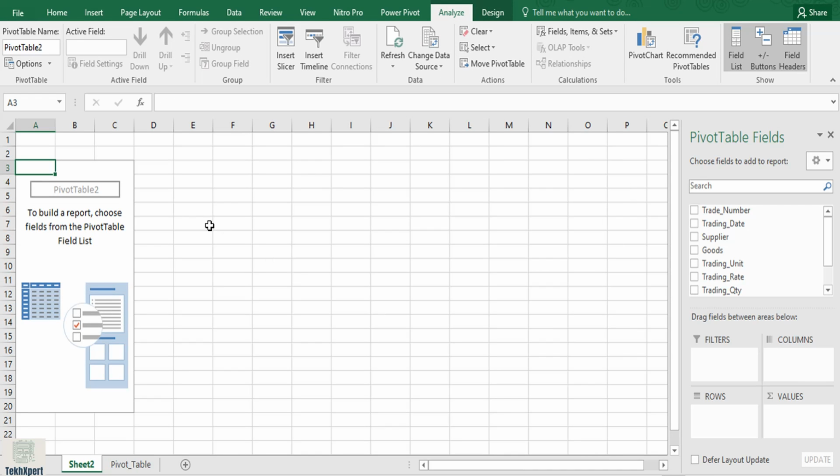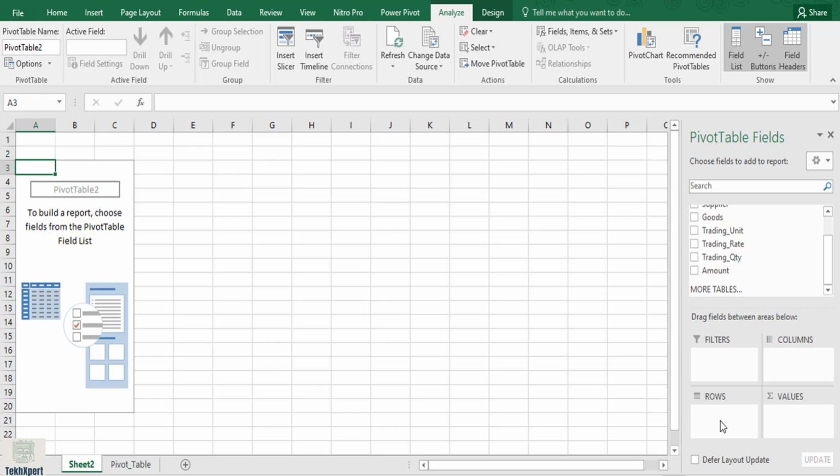So you can see that here we have pivot table 2. To build a report, choose fields from the pivot table field list, and here we have fields. All the data labels which were selected earlier are appearing here, while there are 4 different sections. Filters. Filter is the section which helps you to filter your data to be appeared in the pivot table.